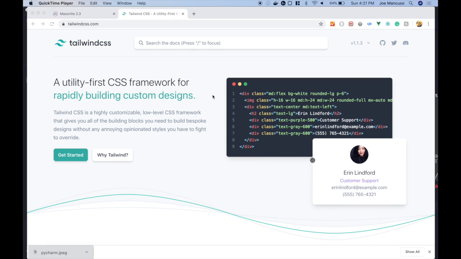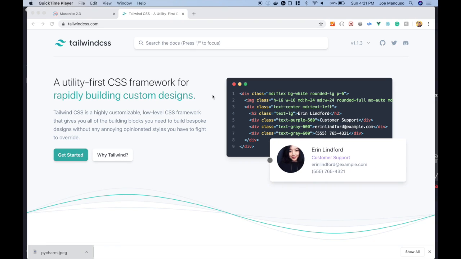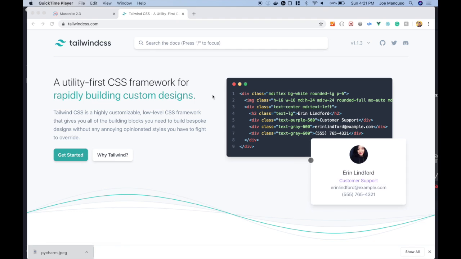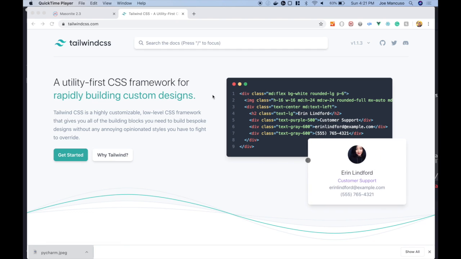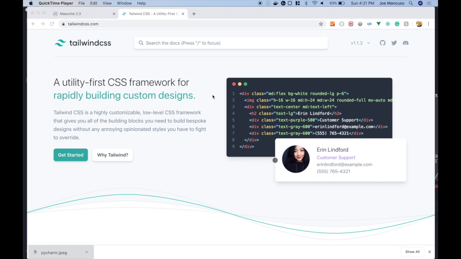Tailwind CSS is a relatively new utility-style CSS framework. I've been personally using it for a few months now, and I absolutely love it. My personal review of it is that it does have a pretty steep learning curve, and I wasn't able to